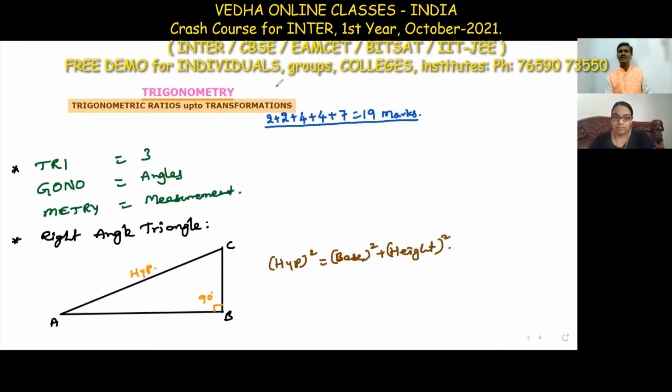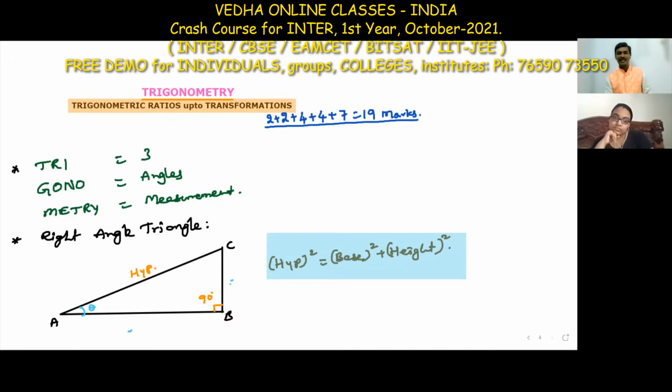We can remember any one. Which is better among all these? This is a little bit better one. One is base, one is height, and another one is hypotenuse. Whenever we take an angle, only then do we get the opposite and adjacent. If we take this as angle theta, then this AB is opposite and BC is adjacent. We'll discuss that after this.